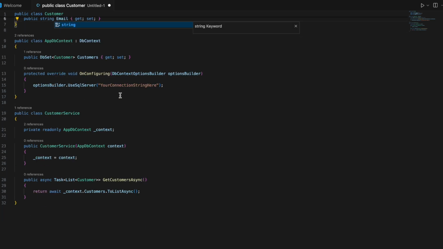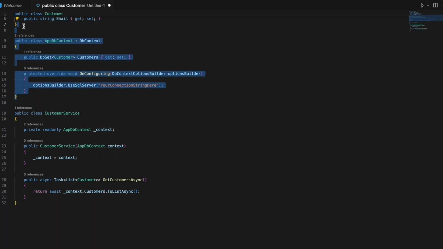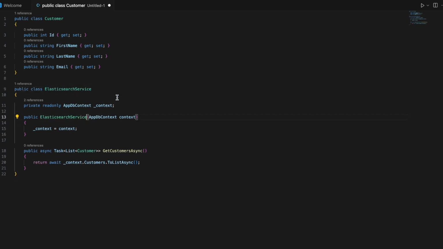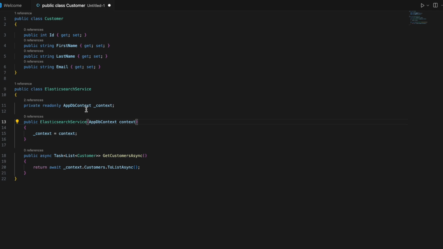And then we will remove the app DB context because we are not using Entity Framework Core anymore. And we will make use of the customer service, but let's call it Elasticsearch service instead, to make here a clear distinction. So here we will have our Elastic client called client,